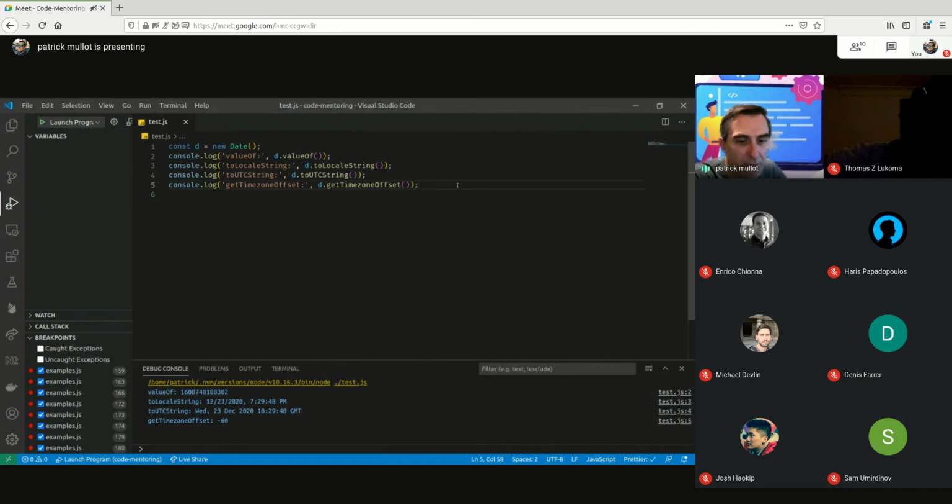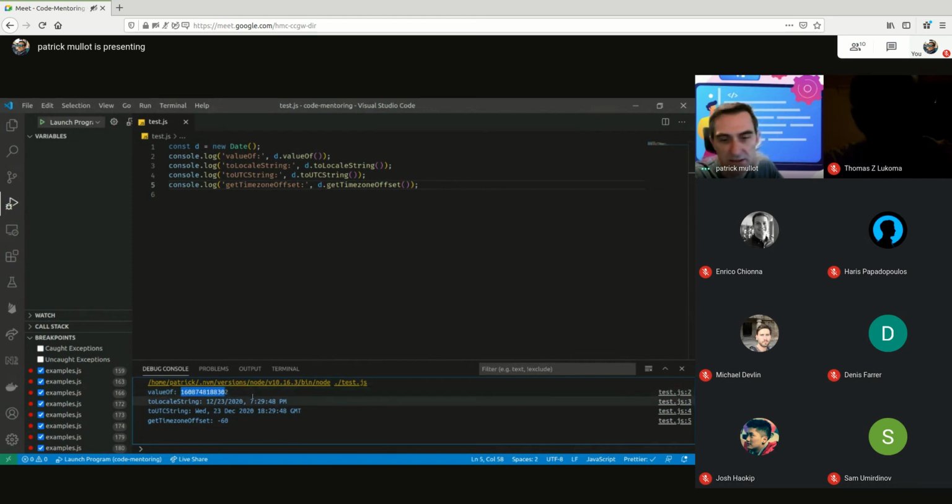Okay, it's the number of milliseconds since the 1st of January 1970 UTC, GMT, Greenwich. Okay, so this is the starting point. It's called the epoch date. It's the starting point of probably most of the computer systems in the world. 1st of January 1970, 00:00 GMT or UTC, same stuff. So the date is internally stored as the number of milliseconds since this date,